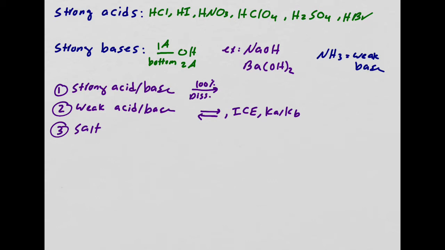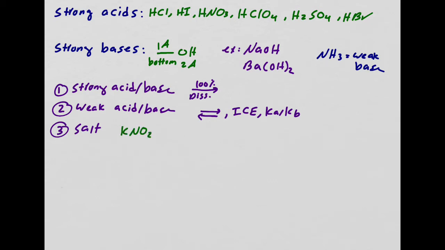Sometimes we could have a salt. What's a salt? Now, salt is when we have an ionic compound. An ionic compound is a metal and a non-metal. I'm going to give you an example of that. An example in this case would be, for example,